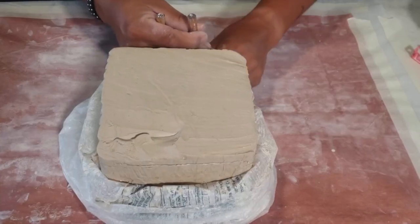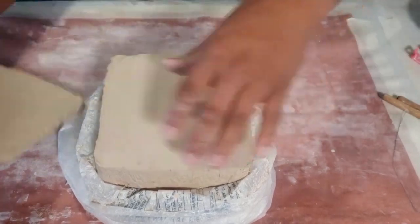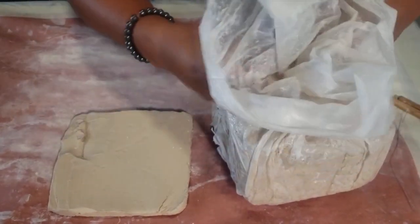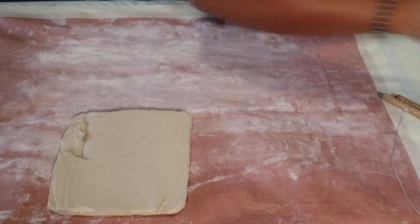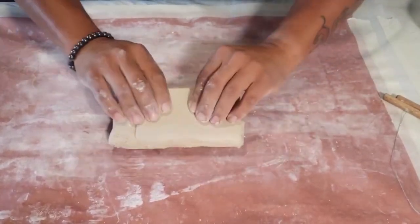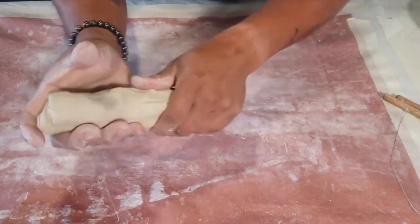The first thing you're going to want to do is take some clay. You're going to want to use your wire tool to cut it out. Make sure you put the bag back in place. I like to use a clip to keep it moist, and then set the bag to the side. And then we want to wedge the clay to try to keep air bubbles from building up inside. And then we make kind of a hot dog shape with that piece,